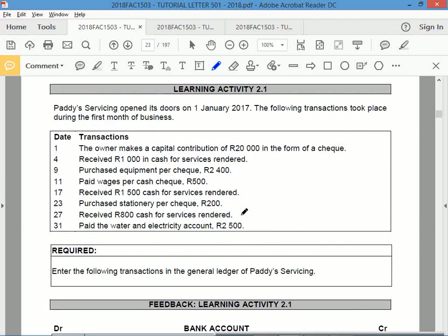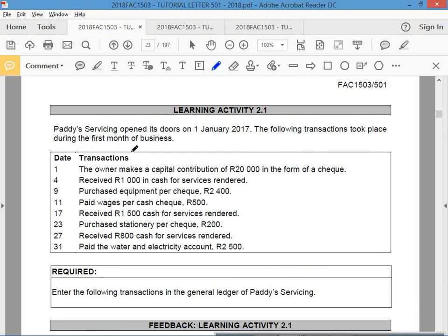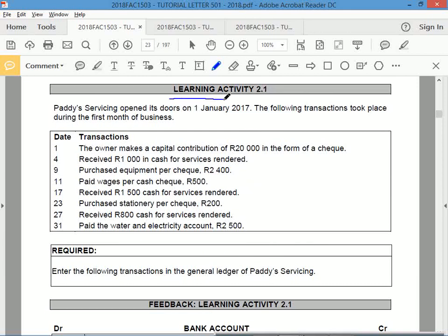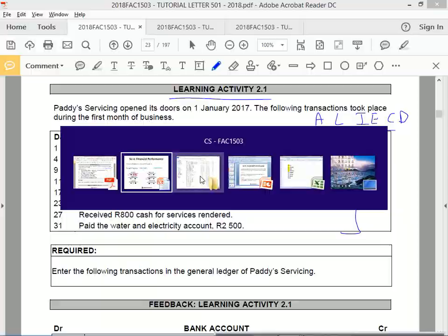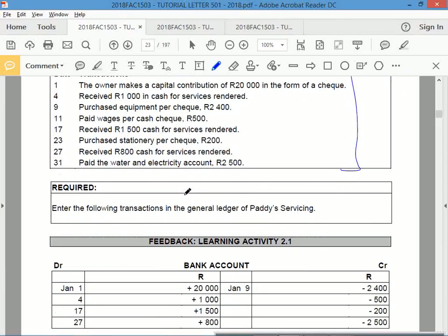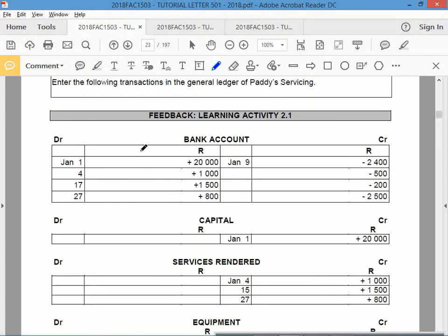Yeah, here's one. See this activity? Okay, learning activity 2.1. This you guys can also analyze in terms of assets, liabilities, income, expenses, capital, and drawings. Right, this you guys can try. Okay, try to highlight keywords. I'm going to help you with this one. Okay, the additional exercise, and you can look at some of them. The workings here,